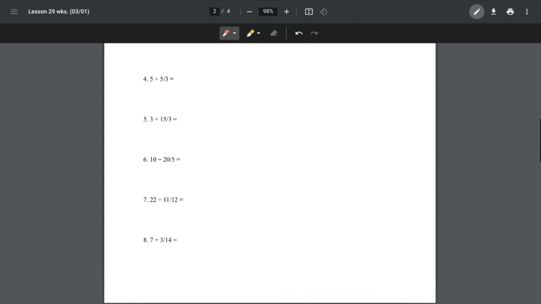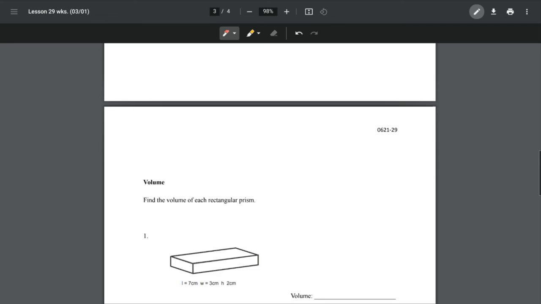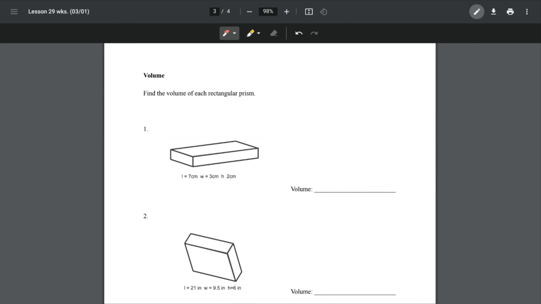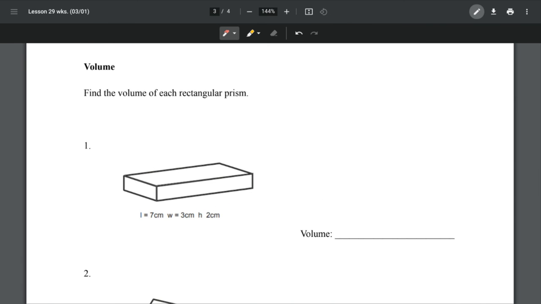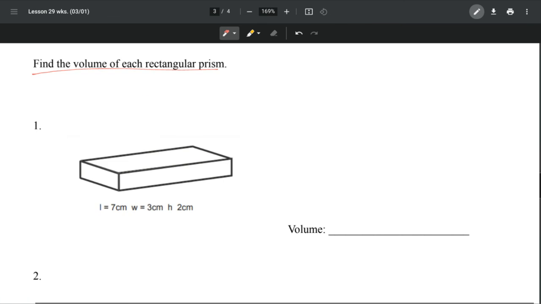Go ahead and finish this page, and then let's move on to our third page, and we are asked to find the volume of each rectangular prism. Okay, well, we're given the measurements of the length, width, and height. And the formula of the volume is length times width times height, right? And we're given all those measurements, and so all we've got to do is just